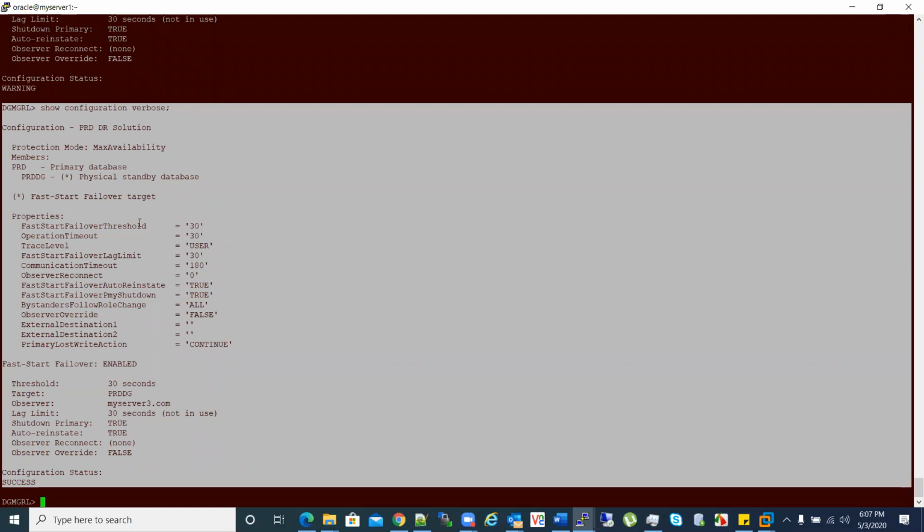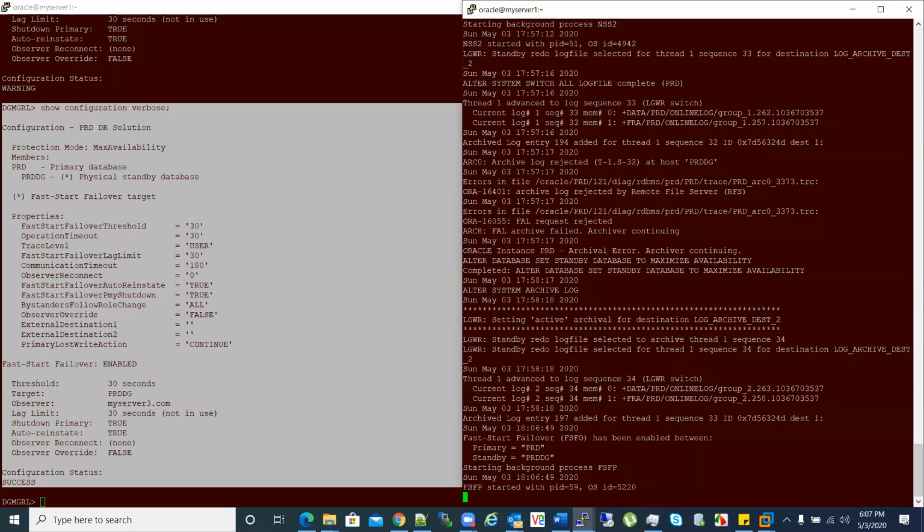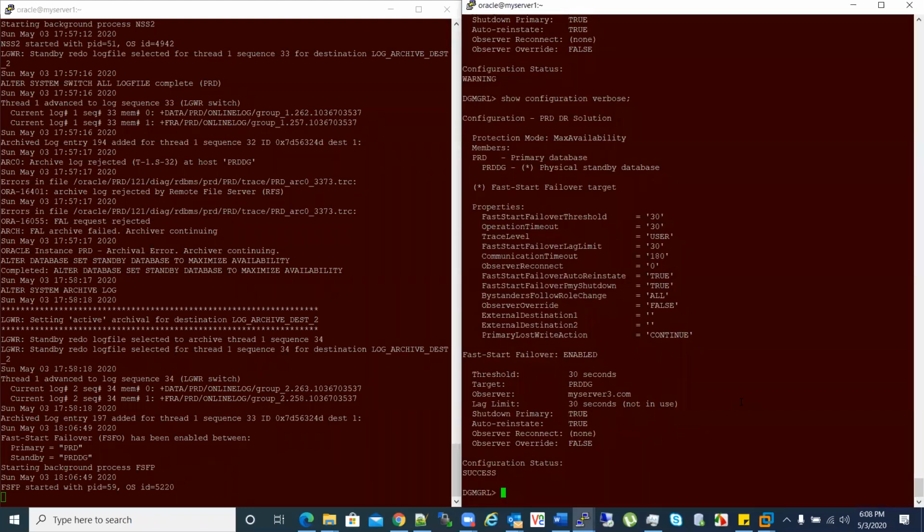In case anything happens to the primary, I'll demonstrate here. This is my primary. I'll check the status of switchover, whether we are able to perform a switchover. Currently my red one is primary. I'll say validate database PRDDG and hit enter.